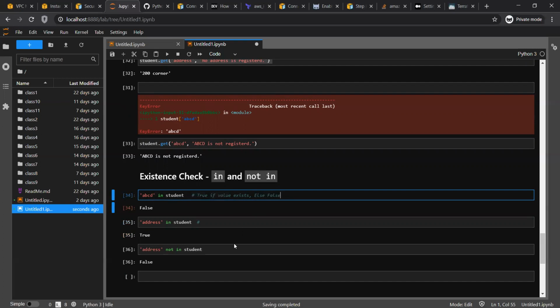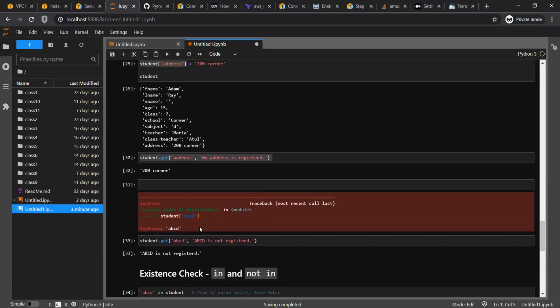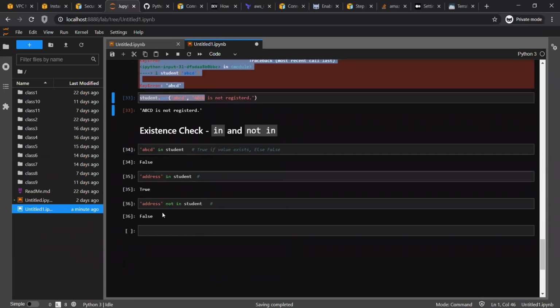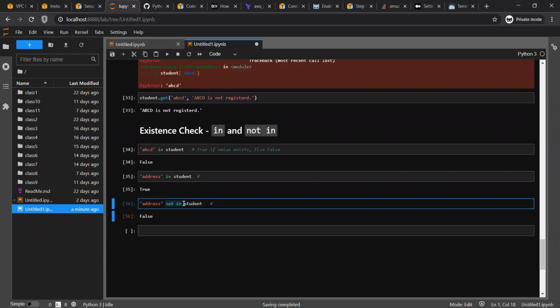Not in actually reverses the whole logic. So it is checking a simple thing: is address defined in student? Sorry, if address is not defined in student. And if you see, student has address, so obviously it is defined, so the not in operator will reverse the whole thing and return me false. Means this statement is wrong. Address is defined. So this is the existence check.